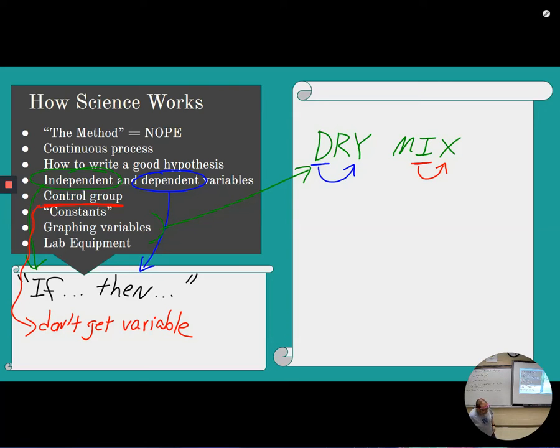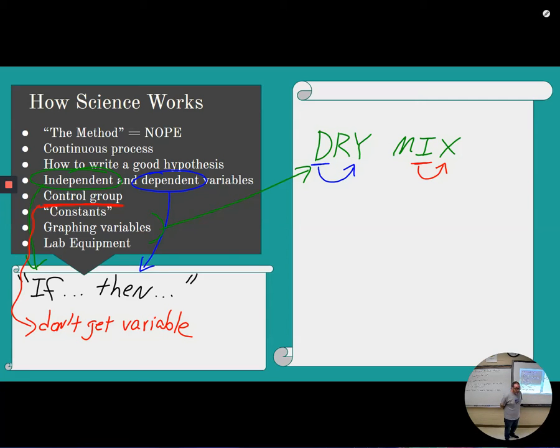Graduated cylinder. What if I want to take the volume of a solid and it won't fit in a graduated cylinder? What can I use? Use a Eureka can. Very good. If I want to take the mass of something, what do I use? Not a scale. Well, it's a balance, right? Scales are for weight. Balances are for mass.